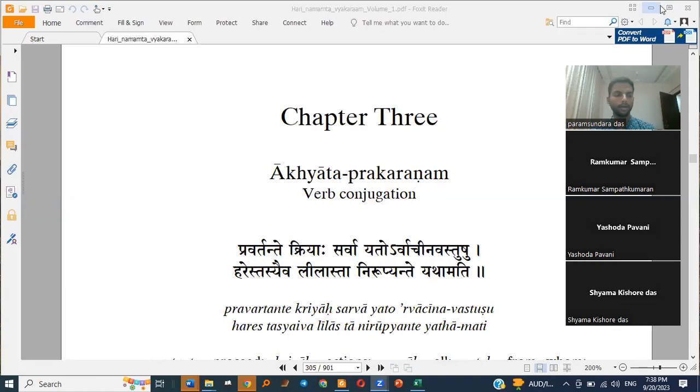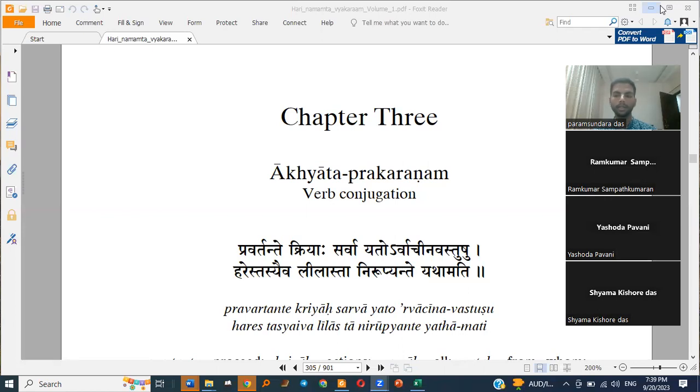So Akhyata Prakaranam. The first couple of sutras mention the pratyayas which are used in the chapter. As I told yesterday, in the second chapter we had 21 pratyayas, right? Suojas, Amoksha, Ityadi. We take those pratyayas, add them with the prakriti, the root word, and then we get the final form. Similarly, here in this Akhyata Prakaranam, we also have a set of pratyayas, and they are